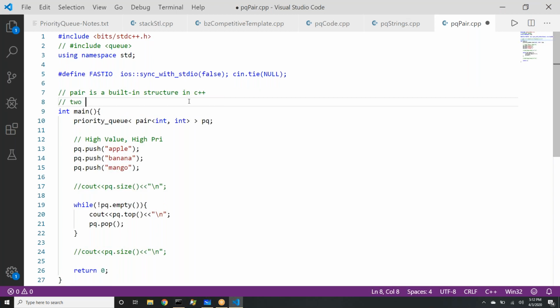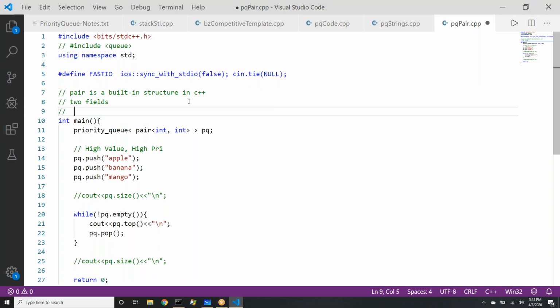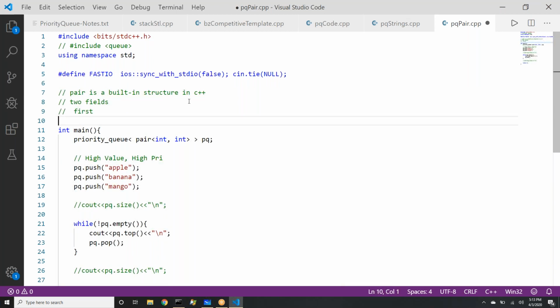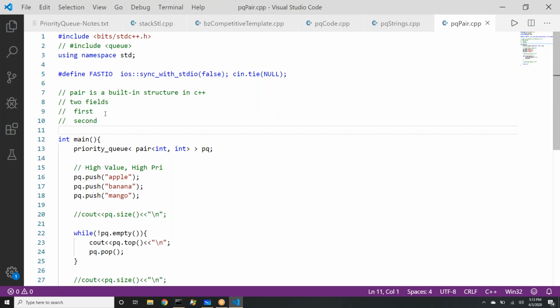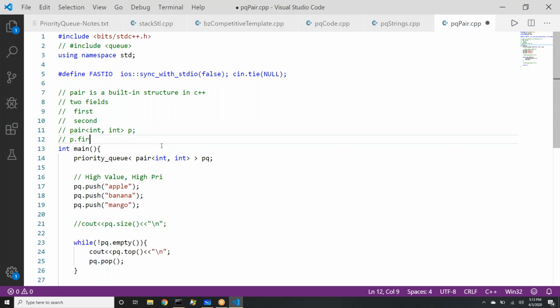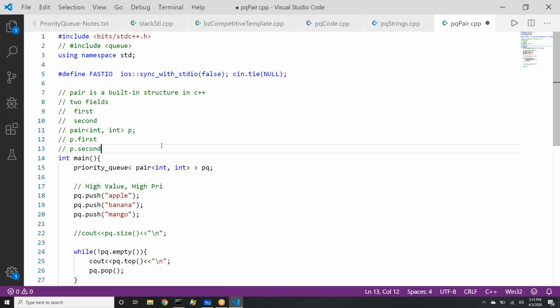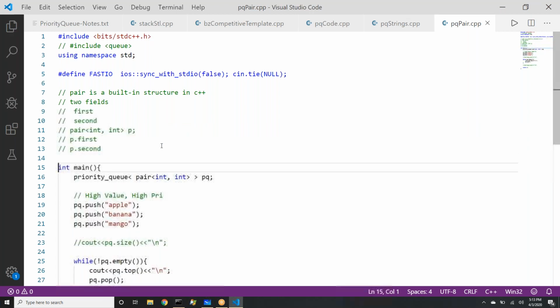It has two fields, and the names of those two fields are first and second, right? So if you get any member of pair, you will be able to access its first and second. So if I say pair of int comma int p, you will be able to say p dot first and p dot second. Treat it like that object, right?